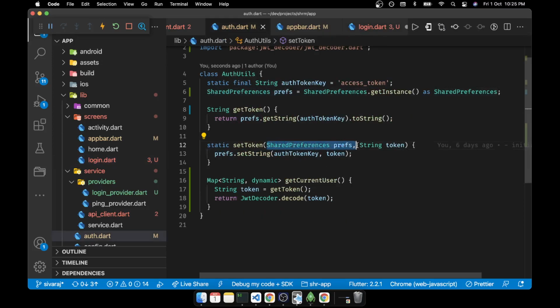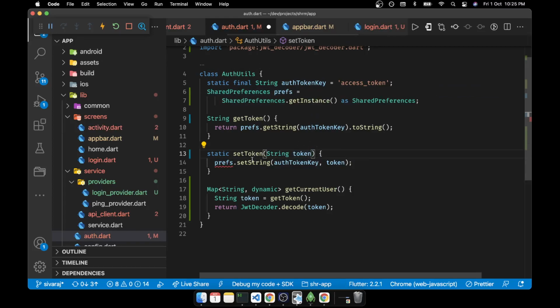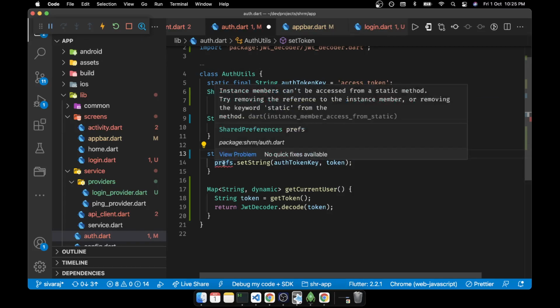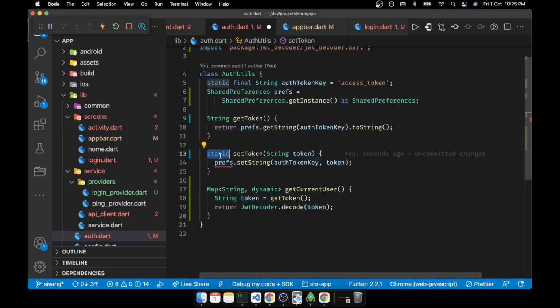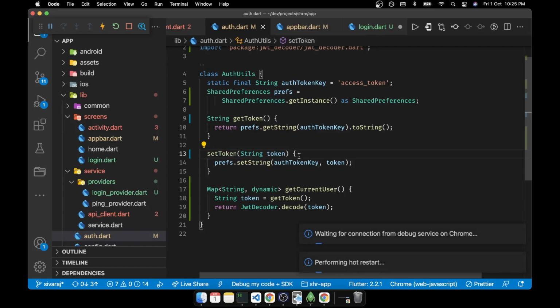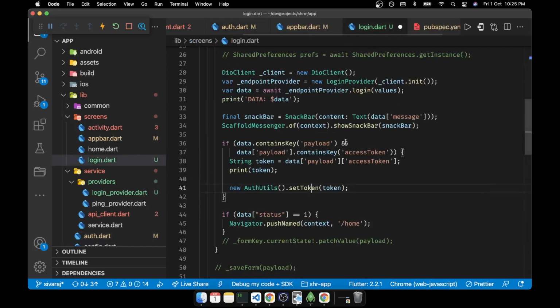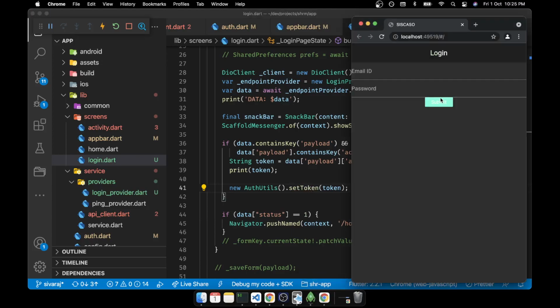We don't need this part now. Okay, so I have to remove the static. Now we'll try to see after submit.